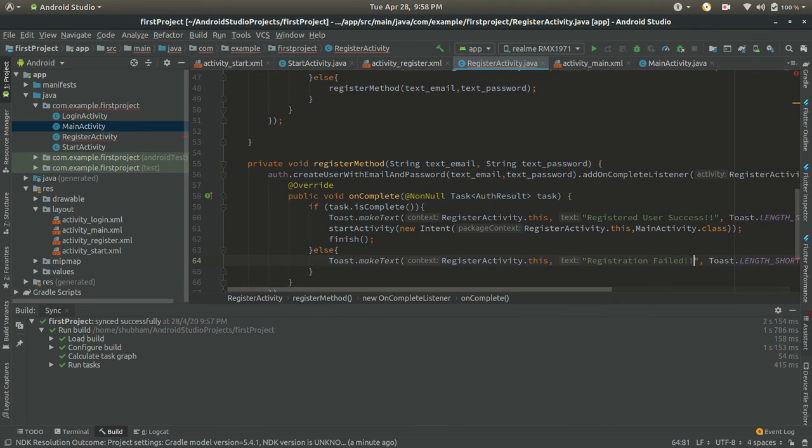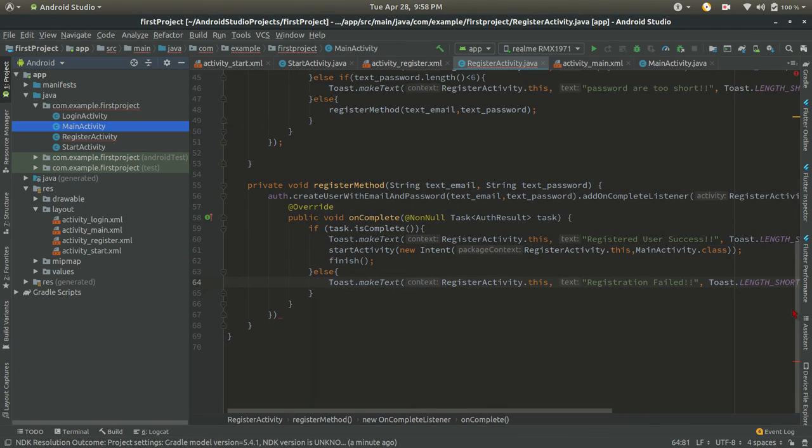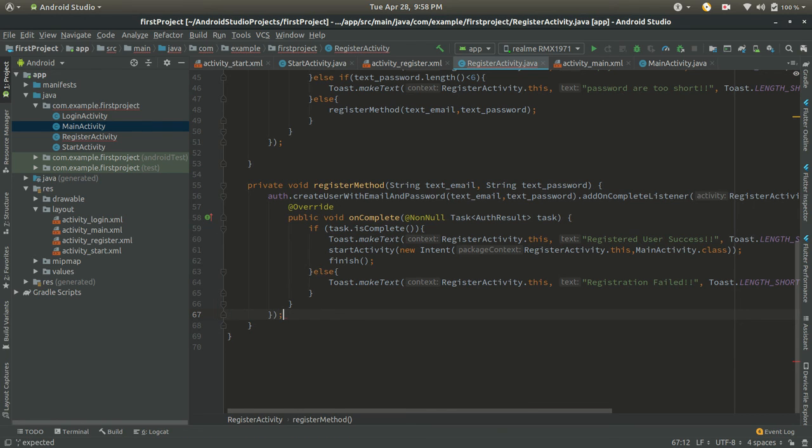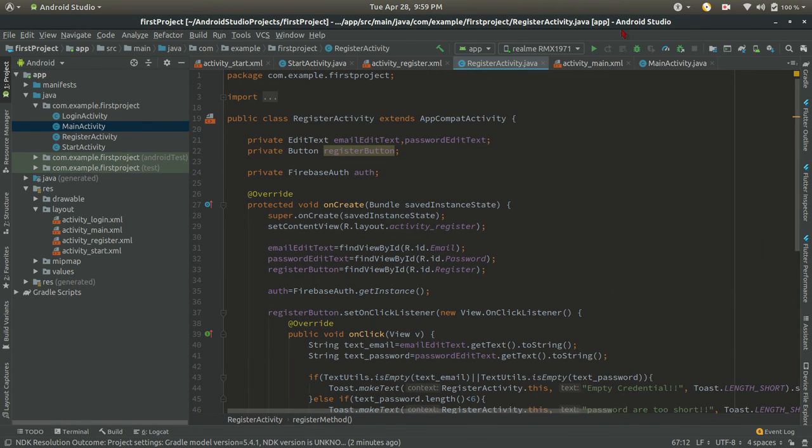So that's it for this activity, and give the semicolon here. So after that, now just run the code.